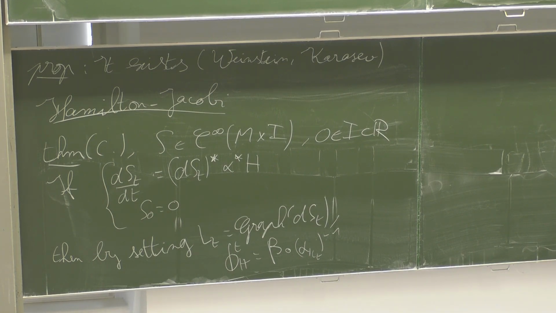So in practice, you will have your LT like this. For t equals 0, it's just the zero section. And for small t, it's a perturbation of the zero section in T star M. And then phi th is recovered by inverting alpha restricted to LT and projecting again by beta. The upshot is that